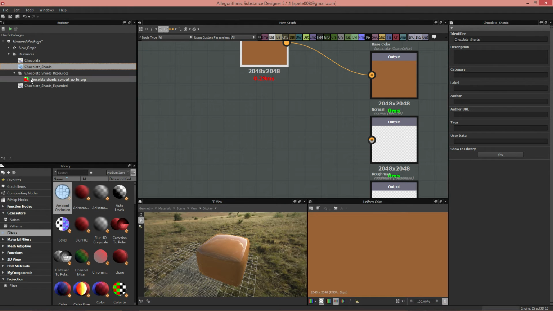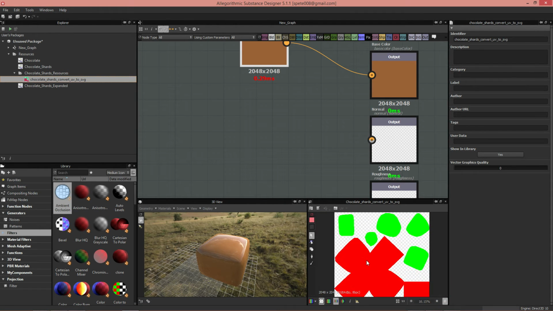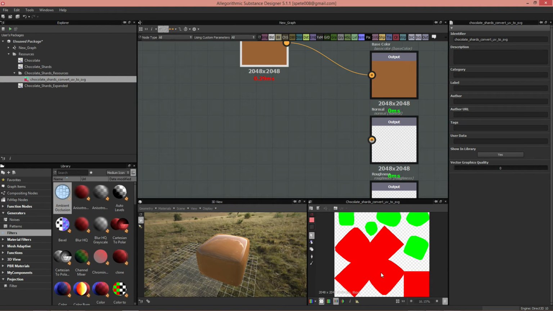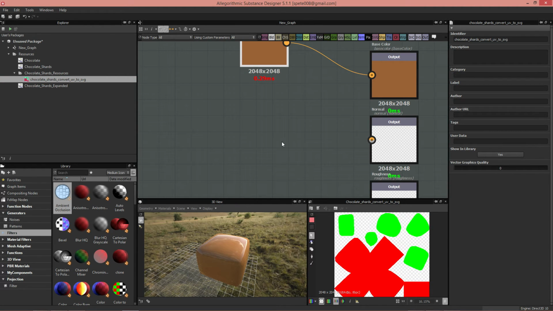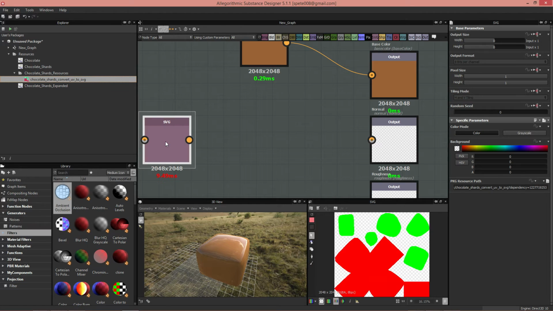So now we have our baked map, and all of the outside chunks are red and the inside sections are green. So I'm going to bring that in